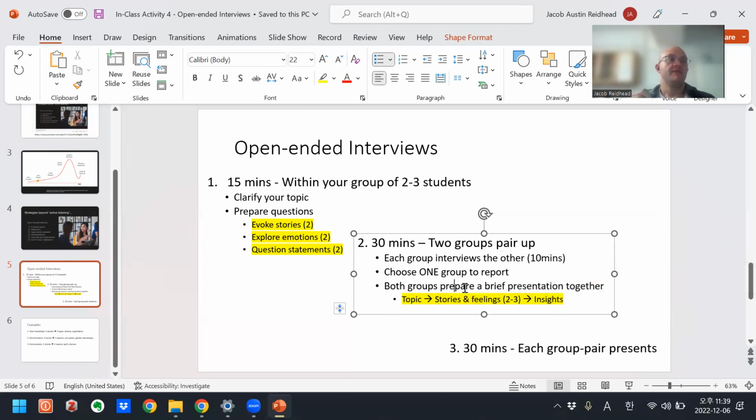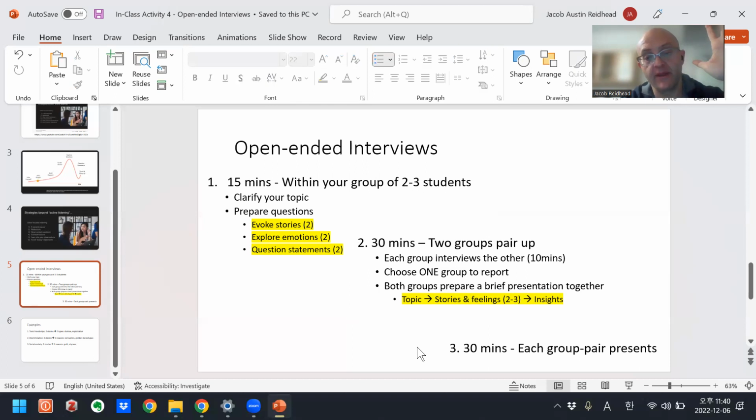And even though this was group A's interview, the members of group B can participate in the presentation because group B were the students who group A was interviewing. So it's their stories and feelings that are going to be shared. And so the two groups can cooperate together to tell group A's story about group A's topic.